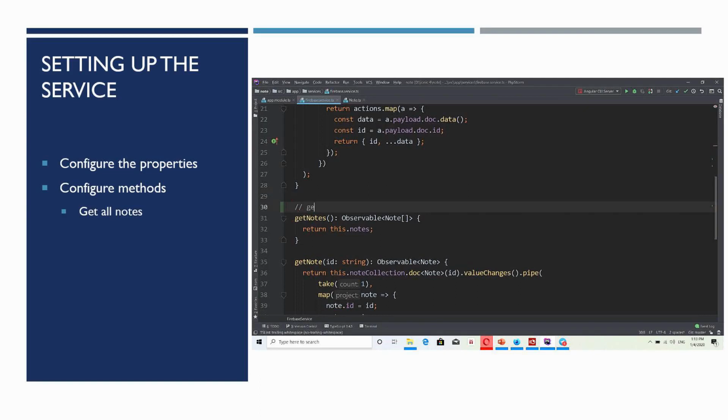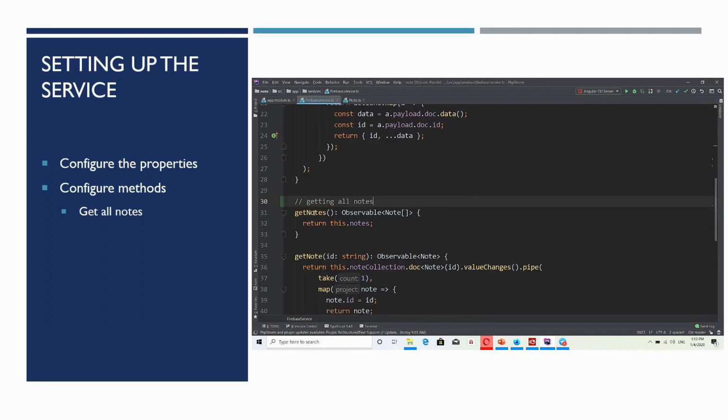First we are going to get all the nodes, so we need to define the method getNodes. It's an observable method and it returns all the nodes available in my Firebase database. I already get the collection in my constructor section, so I simply return that collection inside my get method.